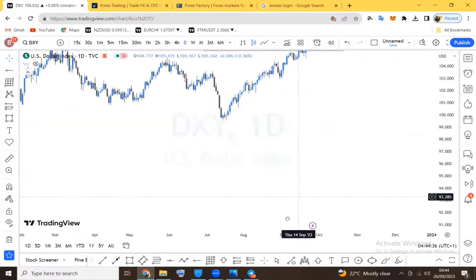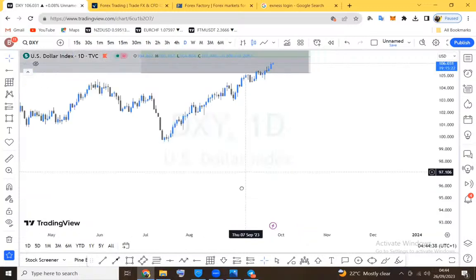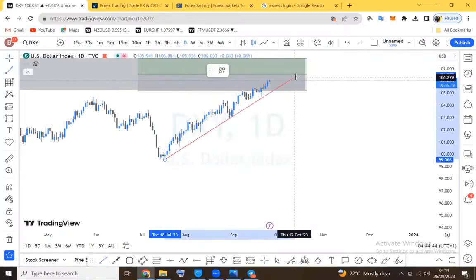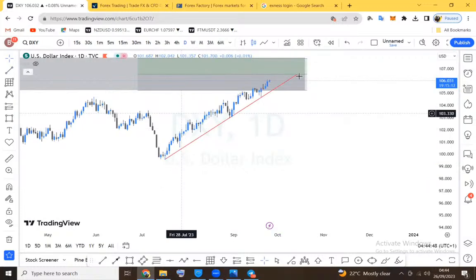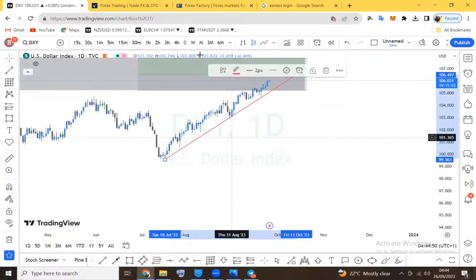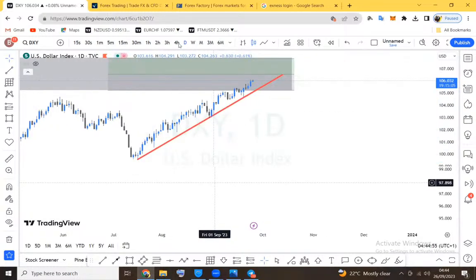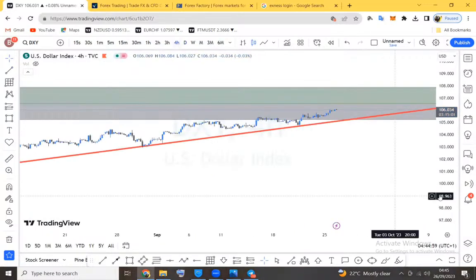Looking at the structure and the market movement for the dollar index, the dollar index is still in an uptrend, and we can clearly see it from our trend line mapping, which you'll be able to see from here. You actually apply the trend line methodology to quickly see how price has been reacting upon this chart.